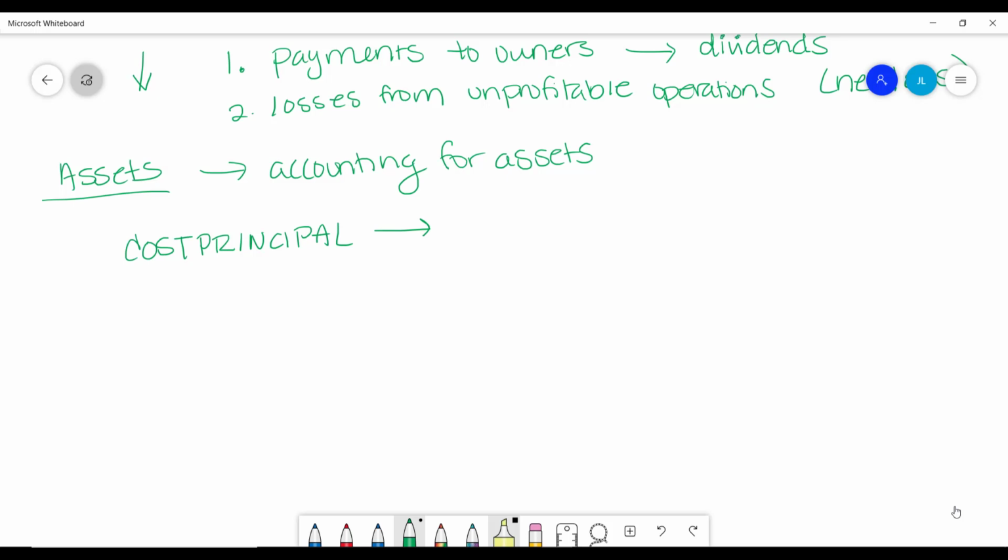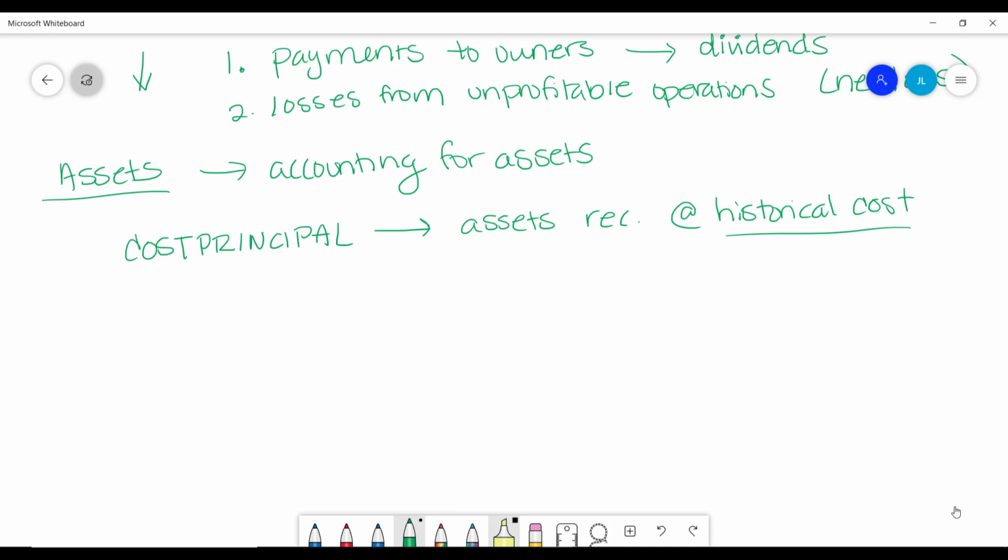Okay, basically what this says is that assets, not all of them, but some assets, in many cases most assets, need to be recorded on the balance sheet at their historical cost. Okay, assets are recorded at historical cost. Now, what is historical cost? Okay, that simply refers to the original amount that was paid to acquire an asset. So if you bought a building for $200,000 back in 2001 and the company still owns that building, it's going to be listed at $200,000 still on the balance sheet.